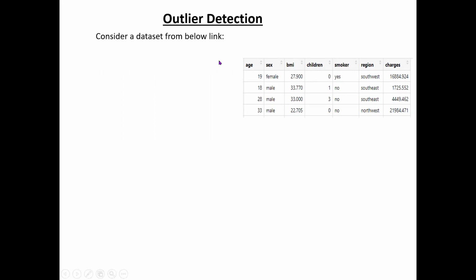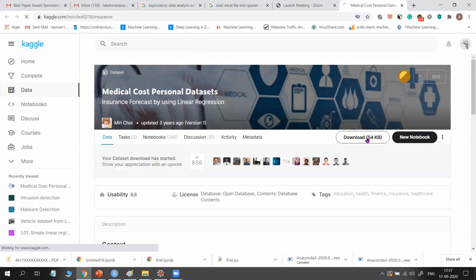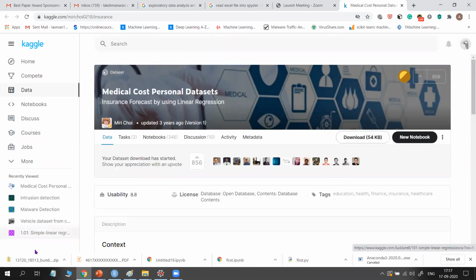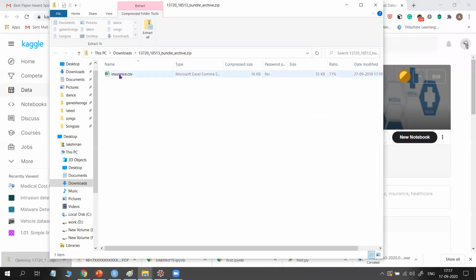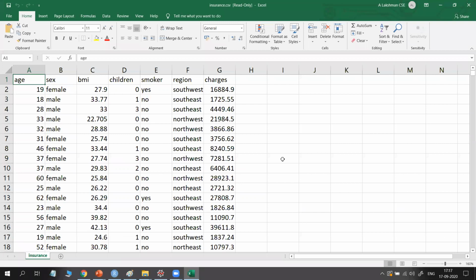To explain this, I will use a data set from Kaggle. Just click it and download the data set, and I will show you what the data set is. It is the insurance data set. So what is this data set?